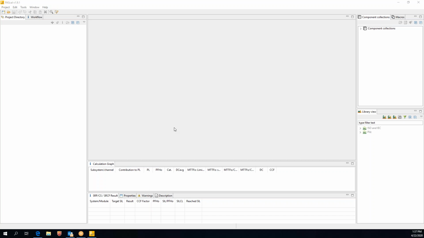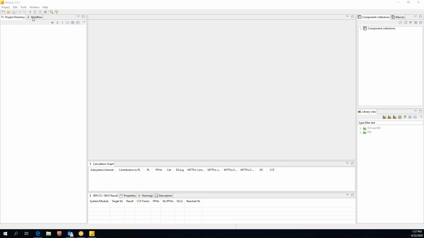So looking at my screen, this is what the software looks like when you open it up. So the first thing I want to do is just run down through the structure of what you have here. We'll start to the left and move right. On the left-hand side of the screen, this is where a lot of our work is going to start as far as getting through some of the steps through creating a project. So we have 2 different tabs that I would like to make note of.